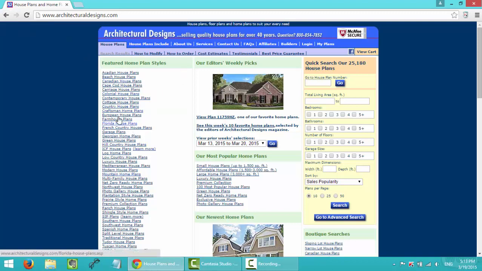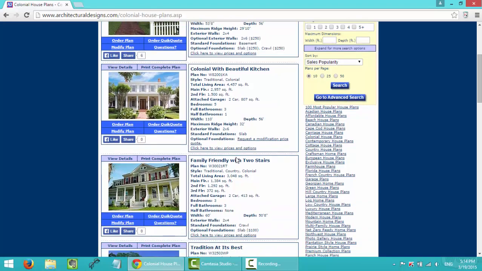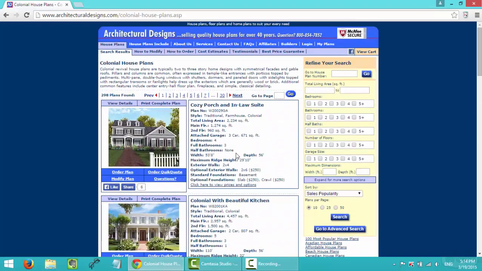it has a lot of different styles of architectural design, such as the beach house plan, Canadian house plan, and colony house plan, and we can click one of them. It shows pictures of this design, and it has the plan number, the style, and the total living areas, main floor and second floor, attached garage, bedroom, full bathroom, half bathroom, width, maximum ridge height, and walls,